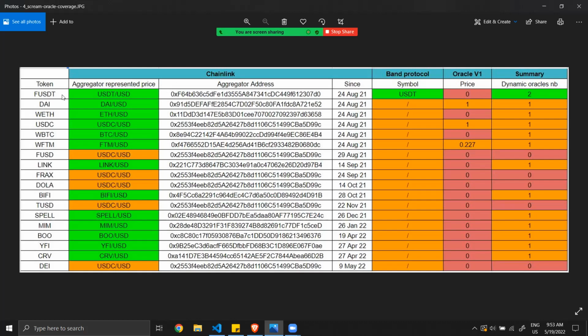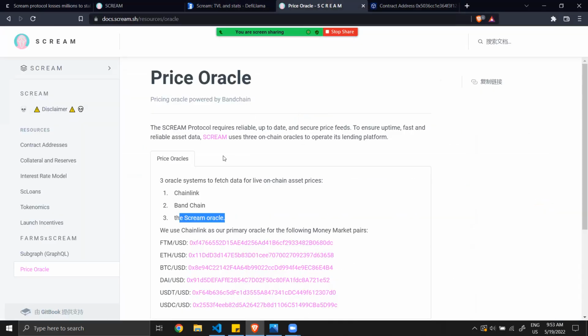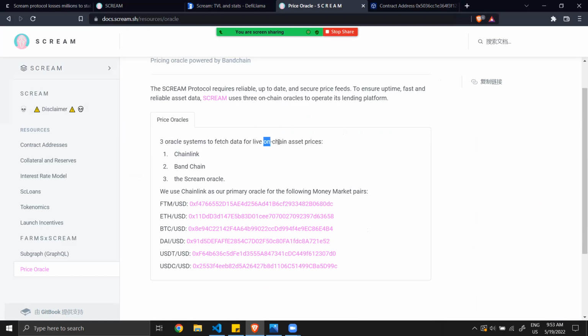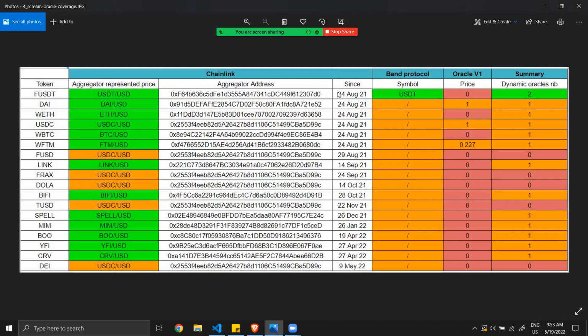And as a result, even if here it's said that they are using 3 oracles for live on-chain asset prices, we have found 2 oracles for FUSDT, one for 12 assets, and for 5 assets, the oracle is not the correct one, and will provide a price of $1 for stablecoins, even if there is a risk for each of them to depeg and to go lower than $1.